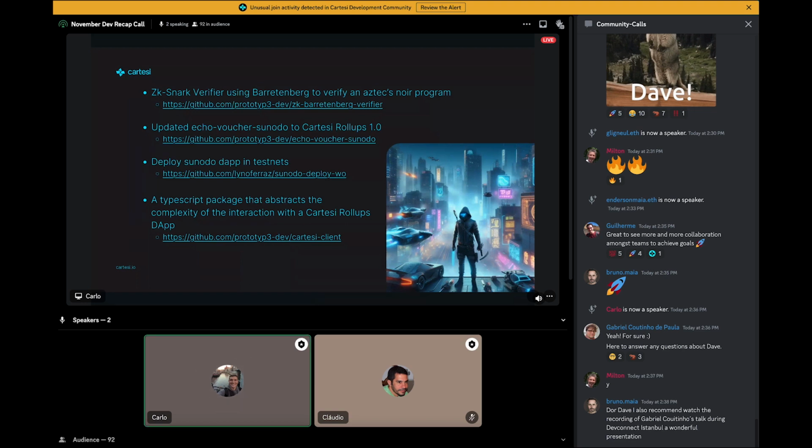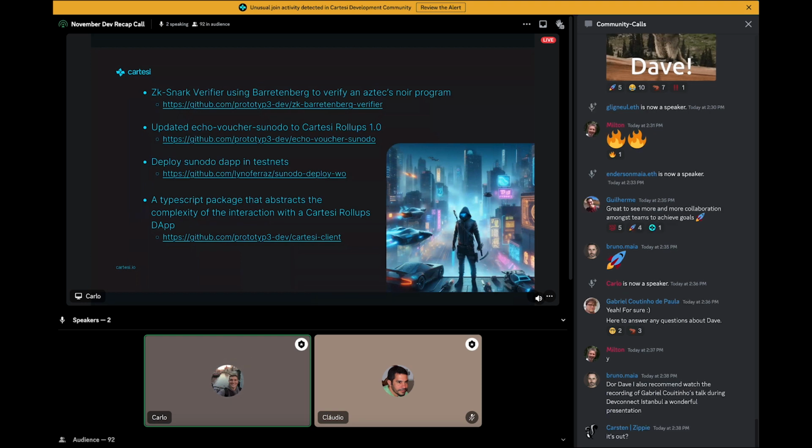Using this template, it has everything to verify a program that was made in Aztec Noir. So you basically program some logic in Noir, it generates a proof, and then you can verify that proof inside Cartesi. So for anyone wanting to play a bit with rollups and zero knowledge, that's a great place to start.